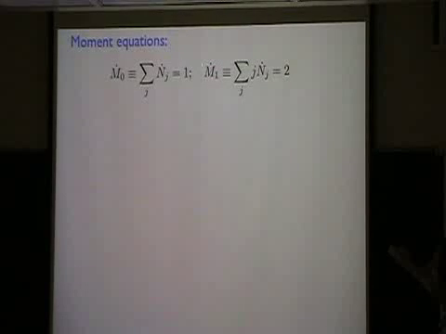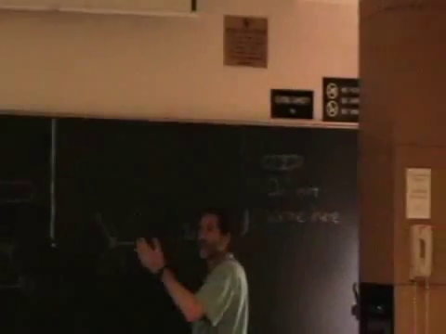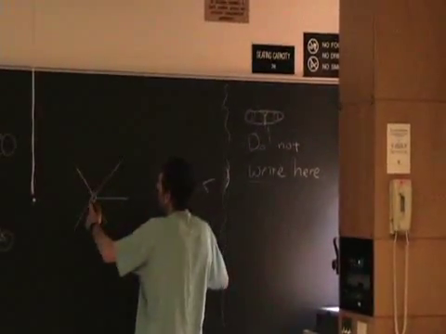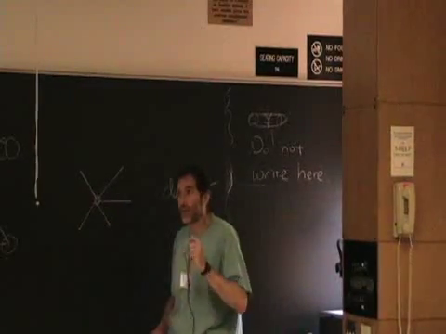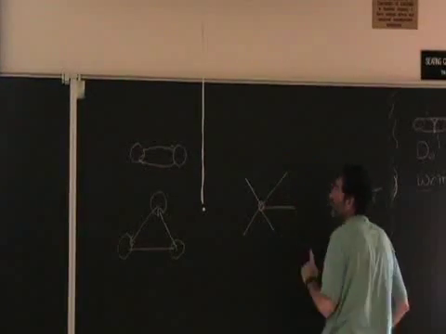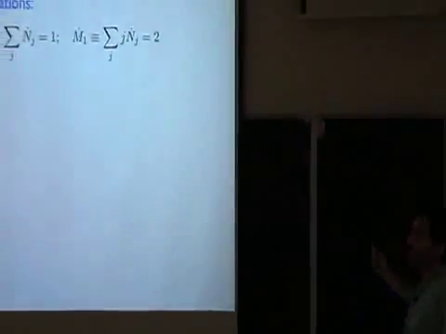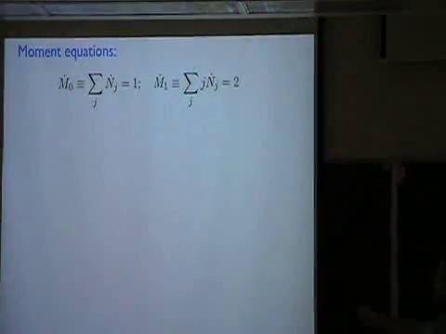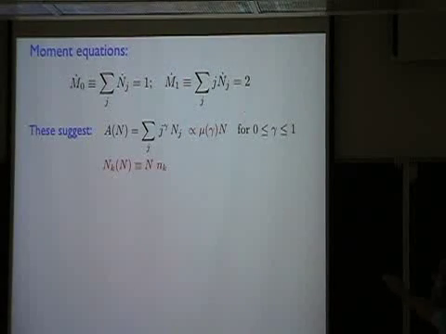Similarly, for the first moment, that's equal to the sum of j n_j. But what is j n_j? j is the degree of a given node, n_j is the number of nodes of degree j. I sum over all nodes in the network, and so I'm just counting the number of stubs around every single node, which counts the number of links twice, because I count this link from this node, but I also count it from that node. So in fact, this thing is growing by 2 every time I add a new node to the network. So we see that for the zeroth moment and the first moment, their growth rates are constant. And so we know that these things will grow linearly with N.